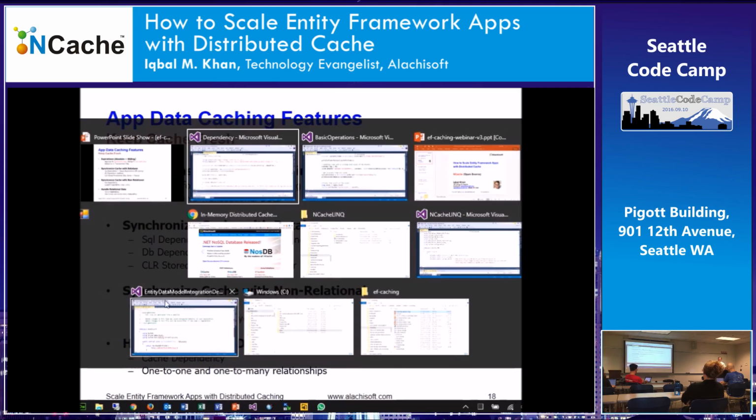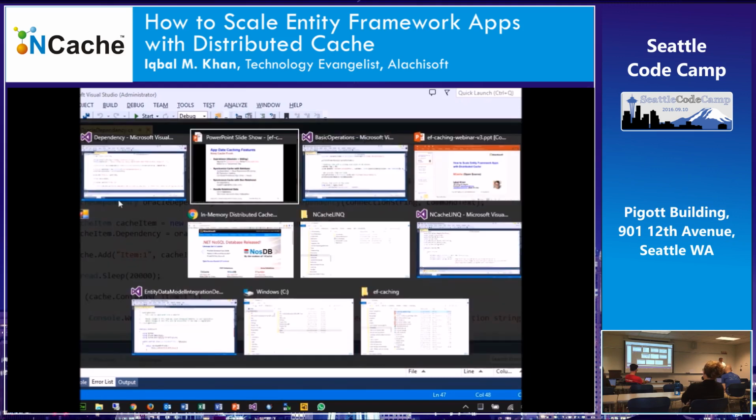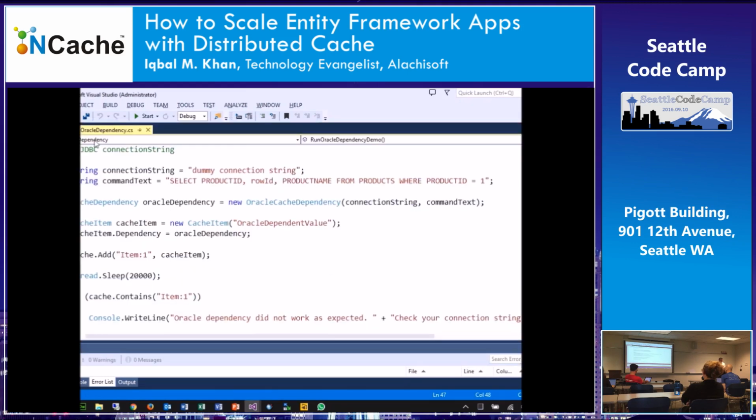Well, again, the ASP.NET Cache object provides a feature called cache dependency. It's a key-based dependency. NCache has also implemented it. But that concept essentially